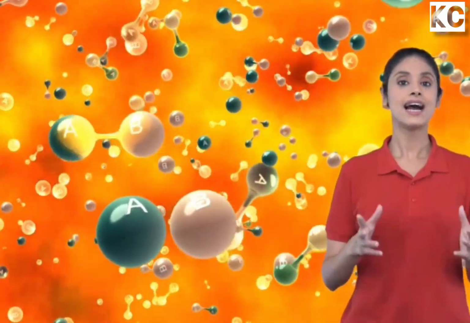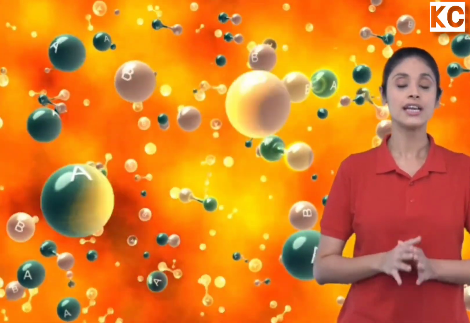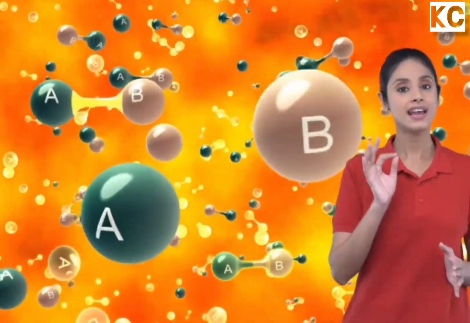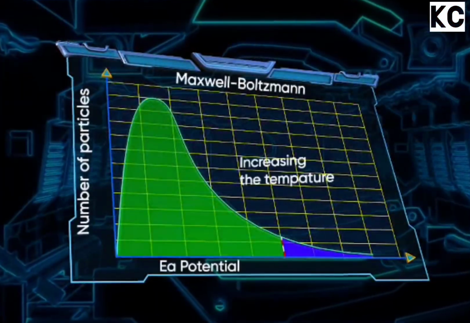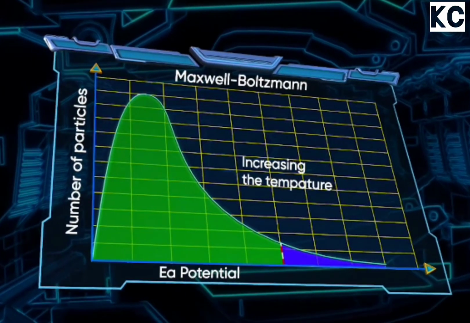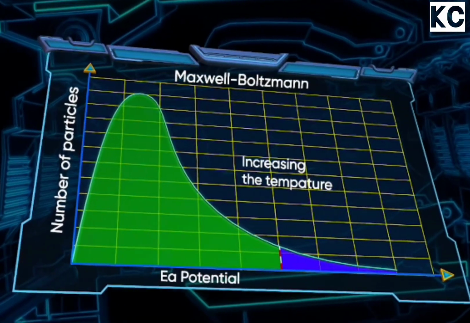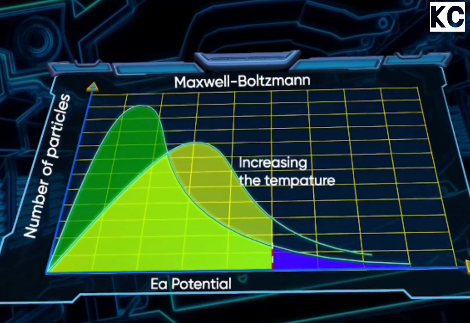In fact, it has been experimentally verified that the rate of a reaction doubles itself for every 10 degrees Celsius rise in the temperature of the reaction. This fact is well demonstrated by considering the Maxwell-Boltzmann distribution curve. At a higher temperature, this curve shifts to the right. Clearly, the number